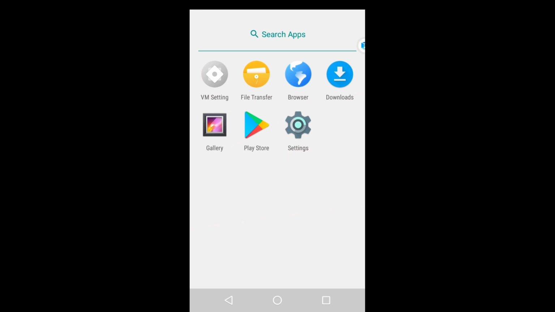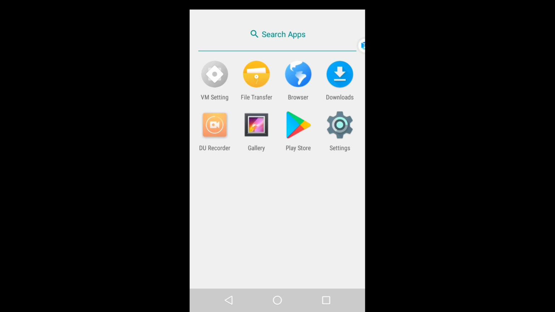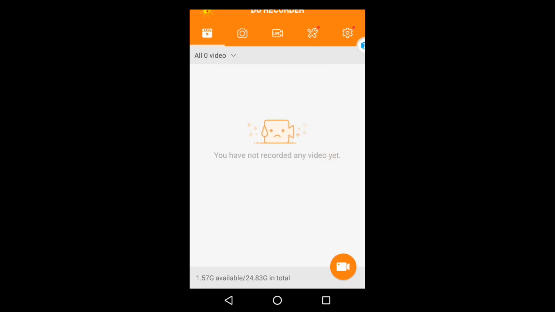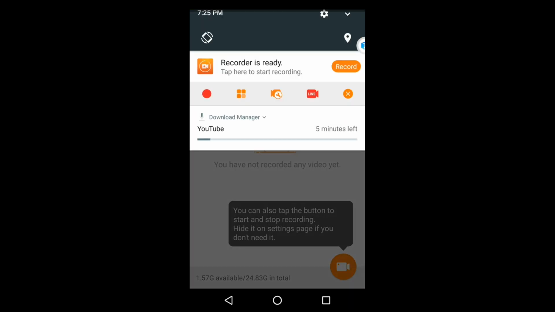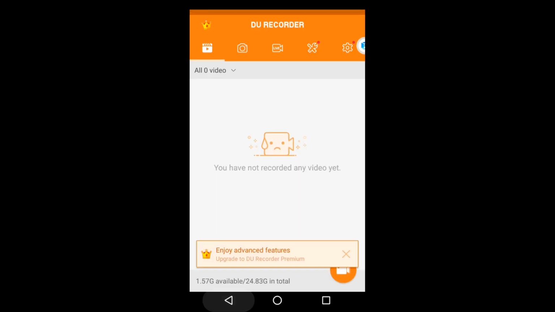So here is the Play Store, and from the file manager you can also install APK files. I have installed some of them, and here is the DAW recorder. I have pressed it and it's now installing. Here you can see it's installing, and I'm opening it to show you it's perfectly working. So it works like an emulator on your Android device, and this is a very working method for getting Google Mobile Services to work on Huawei phones.